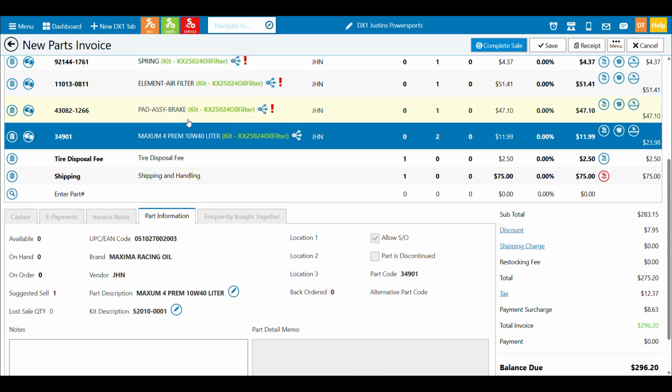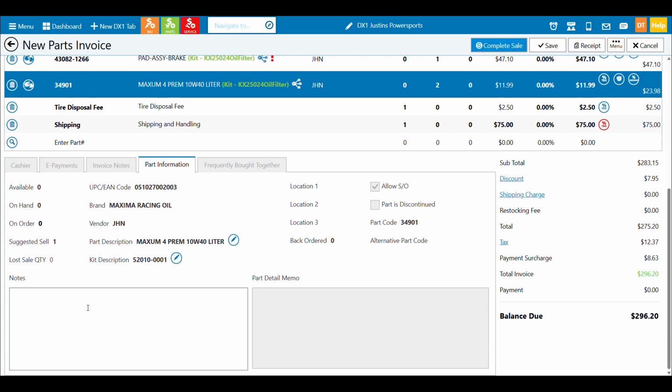And what you get here within the part information tab is a lot of information about the particular part. And that's really important to understand if you're trying to just look for details that you don't see in the grid. Can it be special ordered? What's a part code? A little bit more of the things that you're just not seeing in the grid. You can also see any particular notes that need to be added about the part from this invoice.